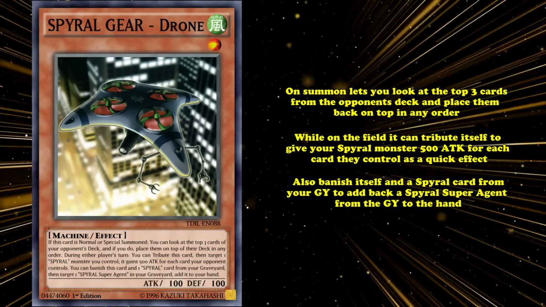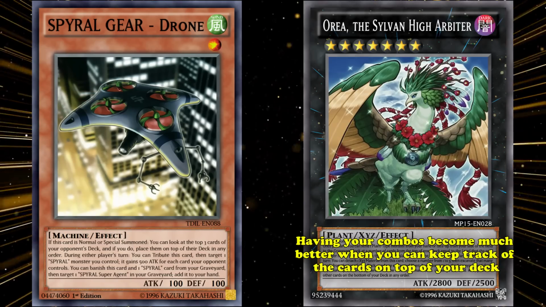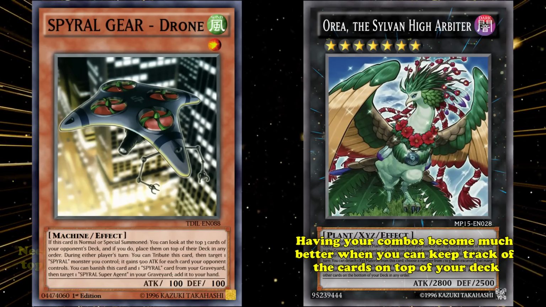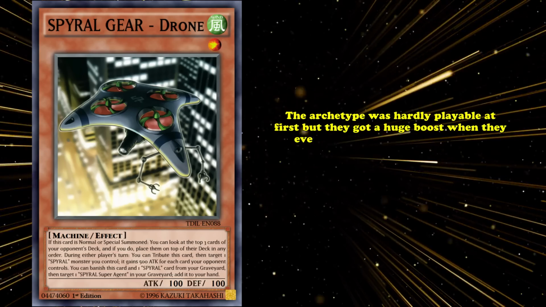It can also banish itself in a Spiral card from your graveyard to add back a Spiral Super Agent from your graveyard to your hand. While Sylvans were a unique deck for having your combos become much better when you can keep track of the cards on top of your deck, Spirals were unique for needing you to know what your opponent had on top of their deck instead. The archetype was hardly playable at first, but they got a huge boost when they eventually